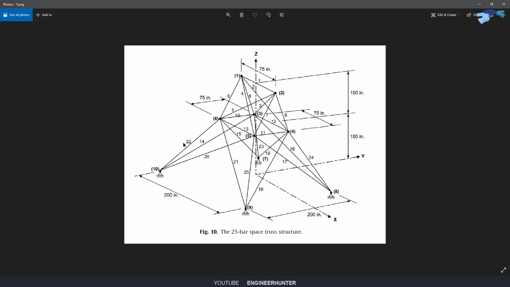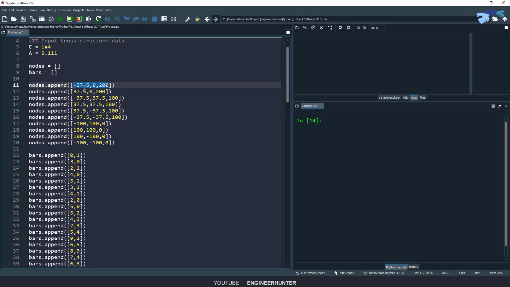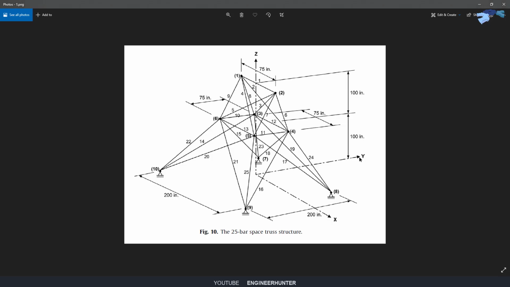You can check the value for node number 1 here. The X is minus 37.5 and the value Y is 0, and for Z value is 200 inches,